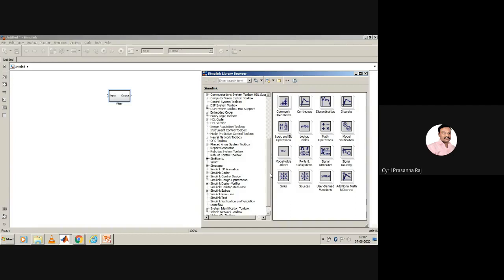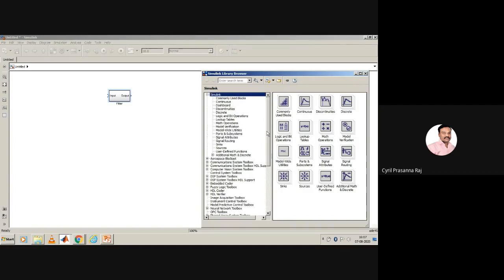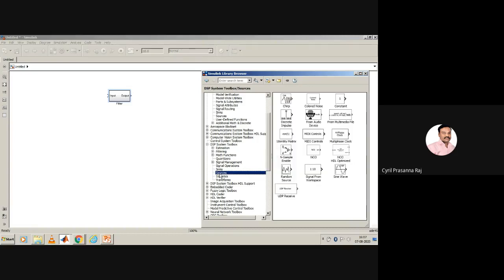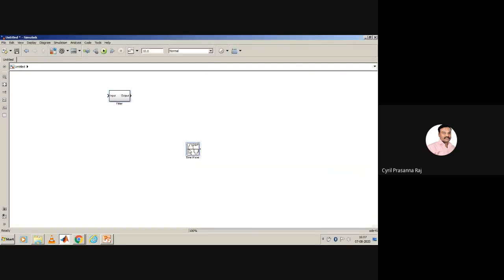So now here, since I'm supposed to apply input and output, what I'll do is go to this DSP System Toolbox. Okay, I'm clicking on DSP System Toolbox. In that toolbox, I'm clicking on sources. When I click on sources, you find that there are multiple sources that you are able to get here. Since I want to simulate it and I want to apply a sine wave, I'll select this, right click on this and click on add block to model untitled. So now this will get added to my model. Okay.